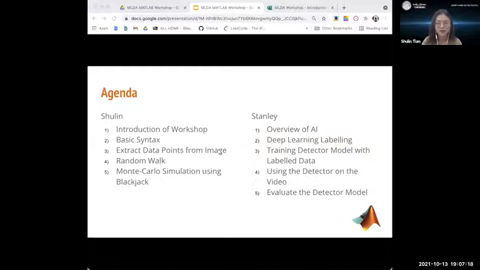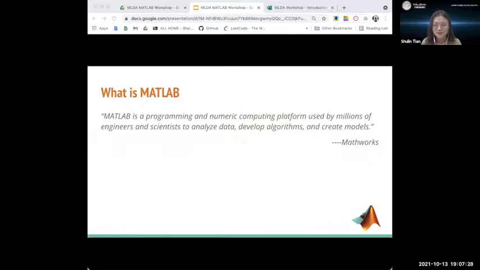model. And like most of you, I'm also a newcomer to MATLAB. I was also wondering what MATLAB is. So from MathWorks, we can see their introduction. MATLAB is a programming and numeric computing platform to analyze data, develop algorithms, and create models. So basically, MATLAB is a programming platform designed specially for engineers and scientists. And the heart of MATLAB is the MATLAB programming language, which is a matrix-based language allowing the most natural expression